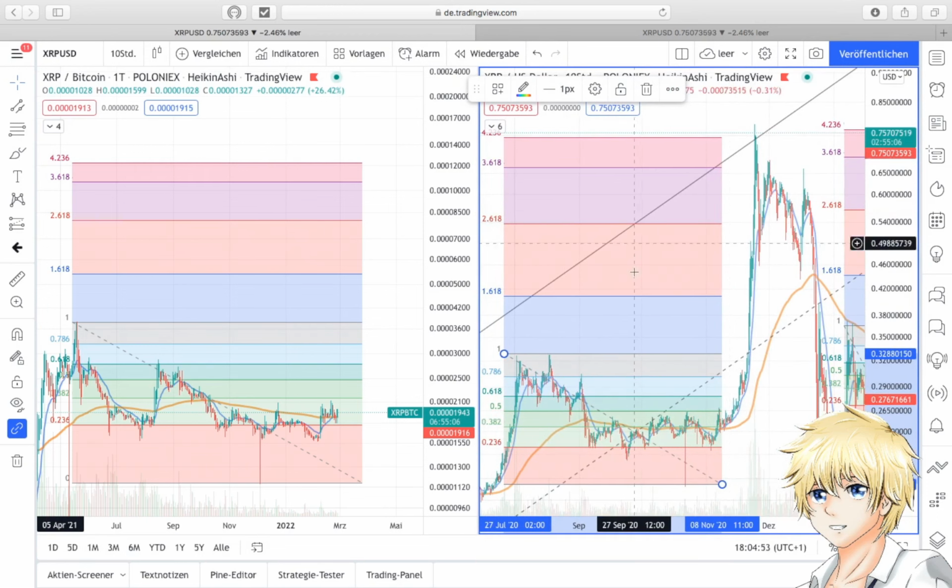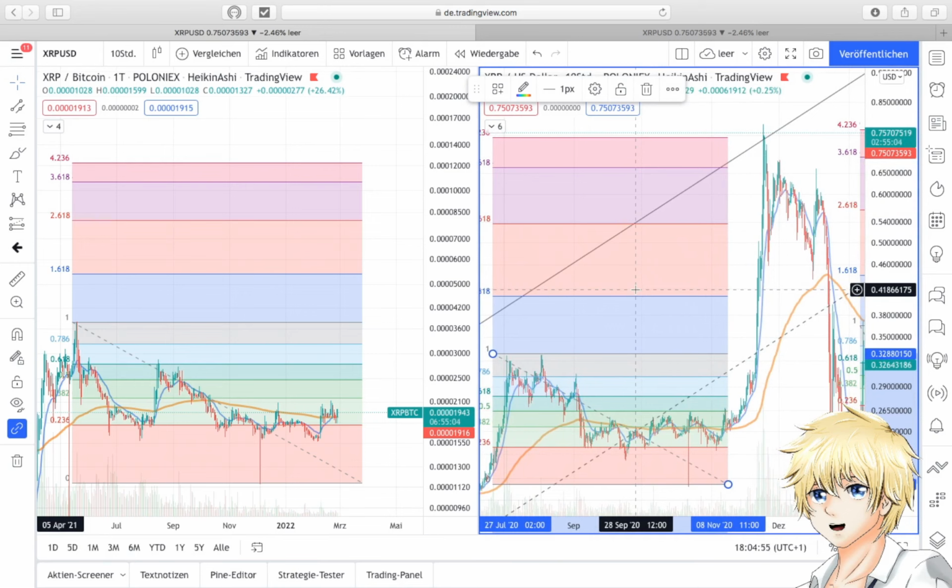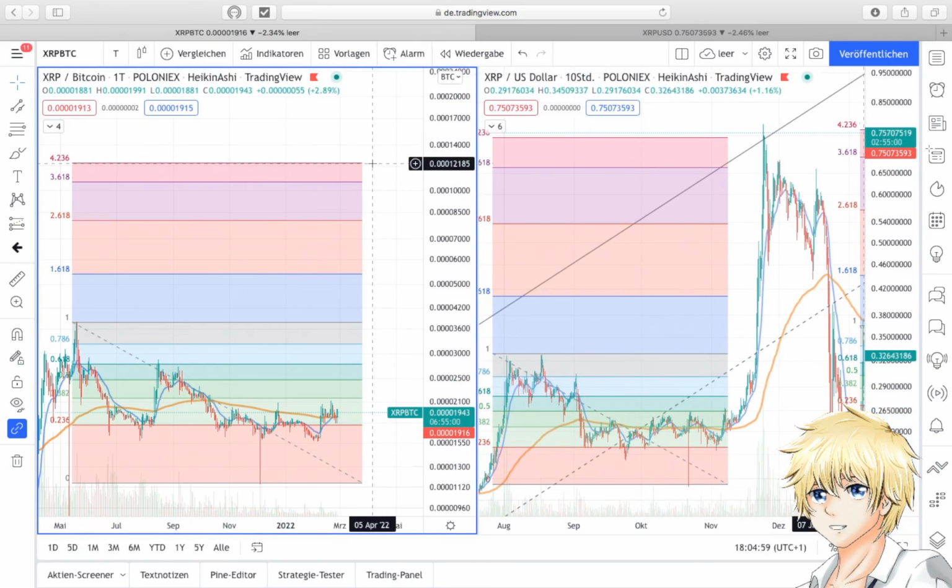So that's why I think that's a valid target to focus on, the 4.236 for the XRP BTC chart, because I can find proof XRP has done this already in a past chart of the XRP dollar chart. So we remember the target for XRP BTC: